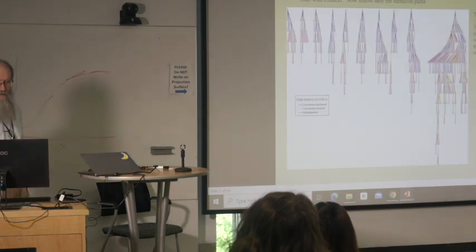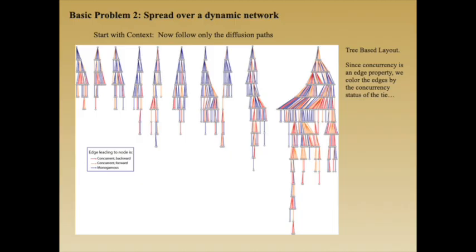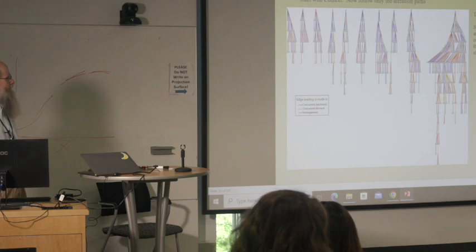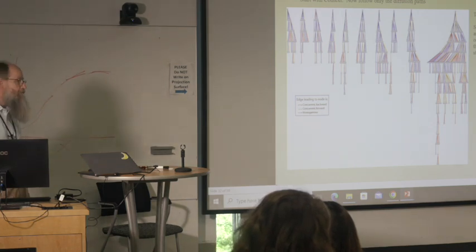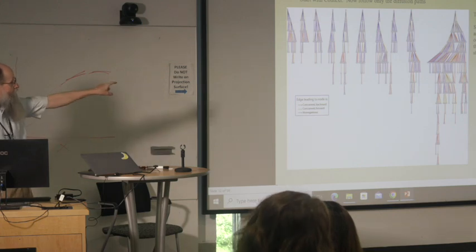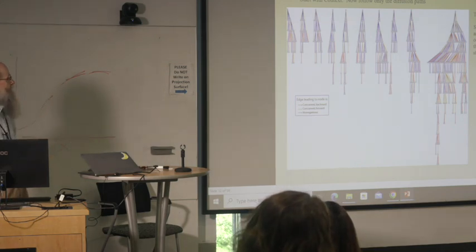We've used these kind of tree-based structures to help highlight the importance of things like concurrency in the spread of disease through networks. In this case, we wanted to know how essential concurrency was for driving an HIV simulation. And what we discovered was that you could just plot whether the edge itself was concurrent. Maybe if you squint, you'll see a little more concurrency on the left or on the right there. But if instead you ask, where is concurrency upstream of me in the network?